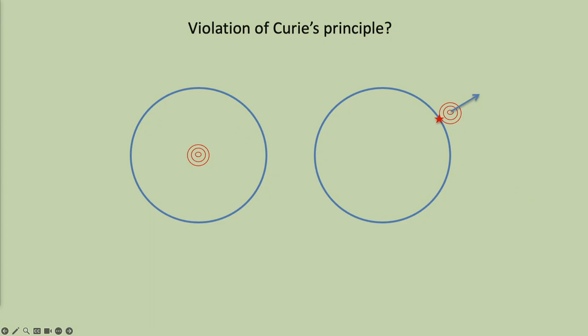So clearly, it had asymmetry to begin with. And the results from degradation of reference frames tell me that by virtue of interacting with the system and trying to measure how this guy is oriented with respect to the lab, its asymmetry will be degraded. So, yes, the particle has gone from having no asymmetry to some asymmetry at the end, but the asymmetry of my reference frame has gone down. So the quantitative measure of asymmetry hasn't increased in total. The particle might have gotten some asymmetry, but it's more than compensated by the fact that the detector has lost some of its asymmetry. And if you don't take into account the detector, you might not notice that, and you might think there's a violation of the quantitative Curie's principle here, but that's not the case.